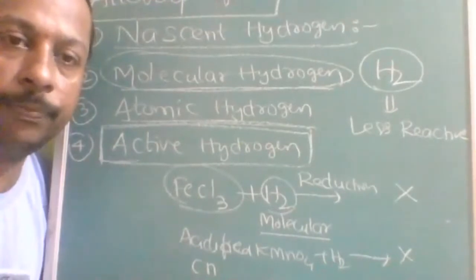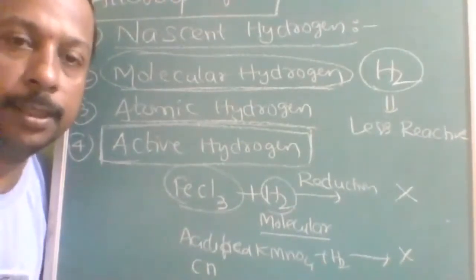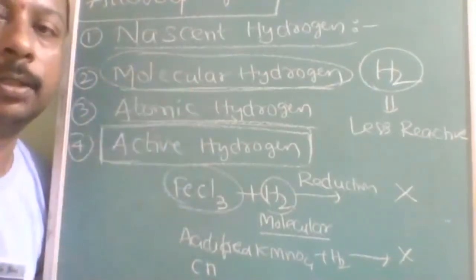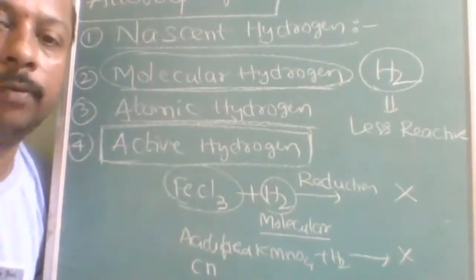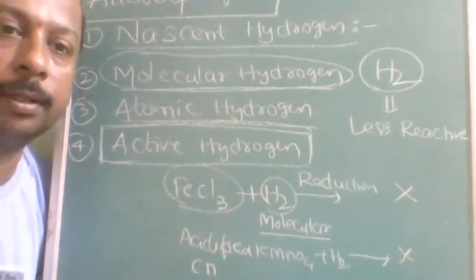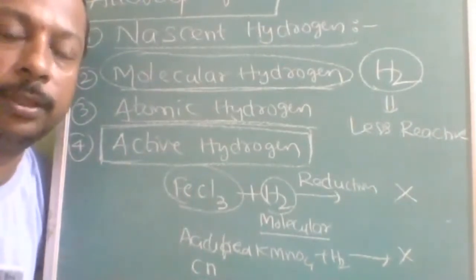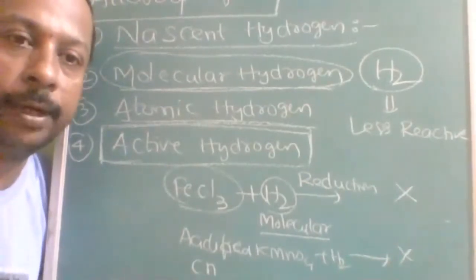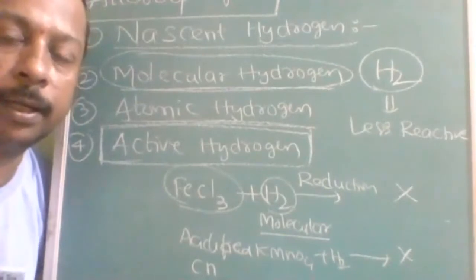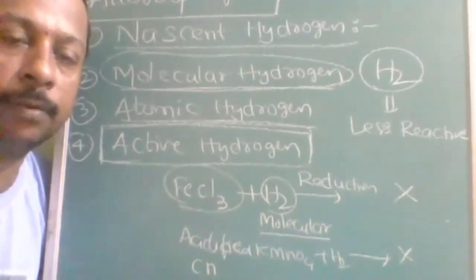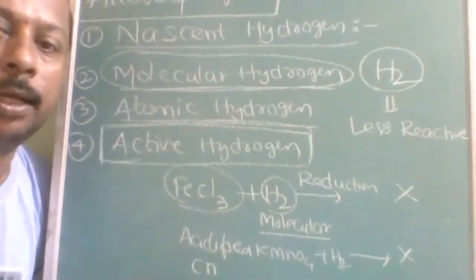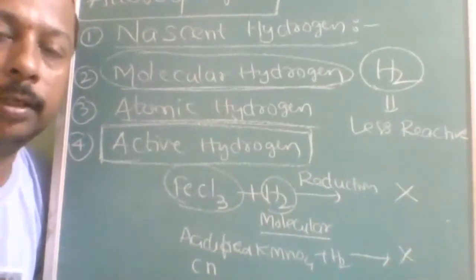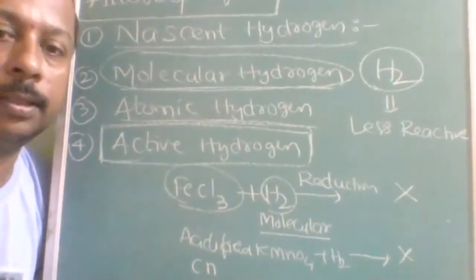So that can be regenerated at the moment of generation. Nascent means moment of generation. What is the moment of generation, how are we going to make it possible, and how is it represented? Mainly people do not know what is called nascent hydrogen. On the arrow, how it is represented, when you will come to know that it is nascent hydrogen, I am going to tell you. First of all, note down all these four types of allotropes of hydrogen: nascent, molecular, atomic, and active. I think all of you have noted now. Now let's see nascent hydrogen.